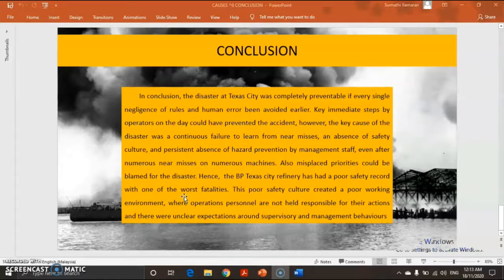In conclusion, the disaster at Texas City was completely preventable if every single negligence of the rules and human error had been avoided earlier. Key immediate steps by the operator on the day could have prevented the accident. However, the key causes of the disaster were continuous failure to learn from near misses and the absence of a safety culture. This poor safety culture created a poor working environment where the operation personnel were not held responsible for their actions, and there were unclear expectations around supervisory and the